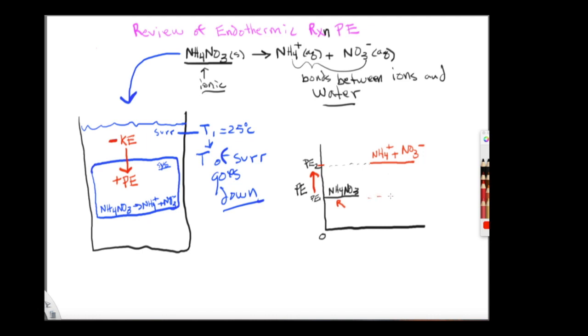Now, if I take this line out here, you can see, if we were to subtract these two values, this difference right here is the change. This is your kinetic energy that moved from the surroundings into the system,